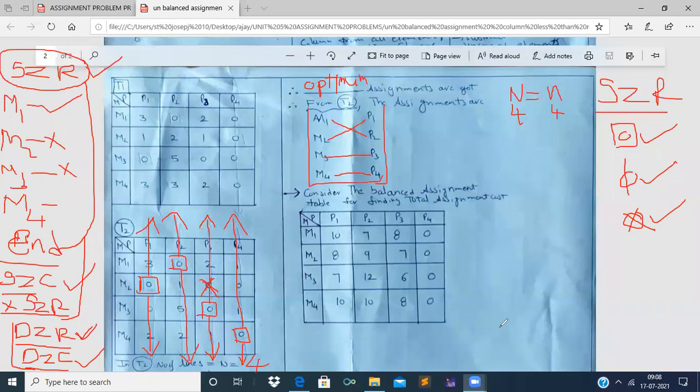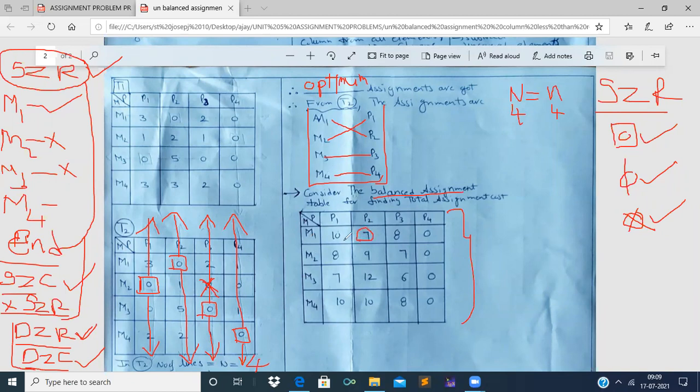Now observe carefully. To write the assignment cost, we have to consider the balanced assignment problem. So if we observe carefully, this table will be obtained at the beginning itself. By observing that table, we just have to write the assignment cost, but here there is no chance of going to the previous table. So I have written this table for our reference purpose, right? See here, let us underline the elements which are assigned for machine M1 and person P2, right? It is the assignment cost.